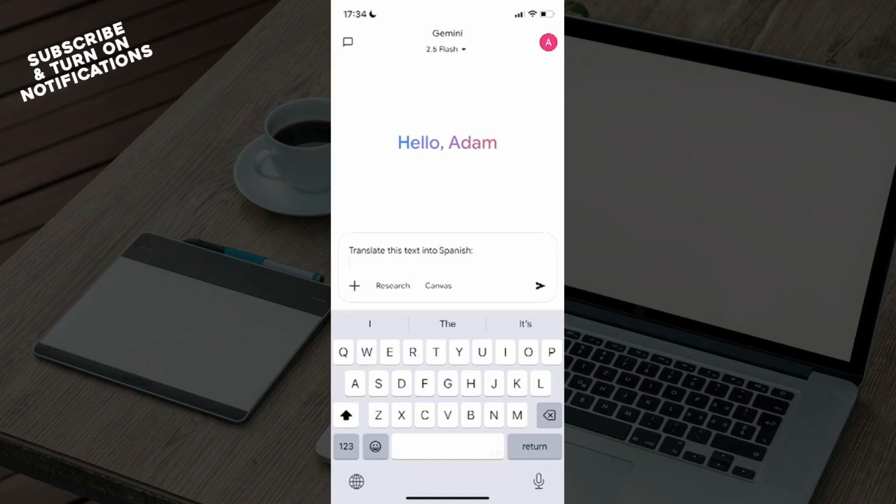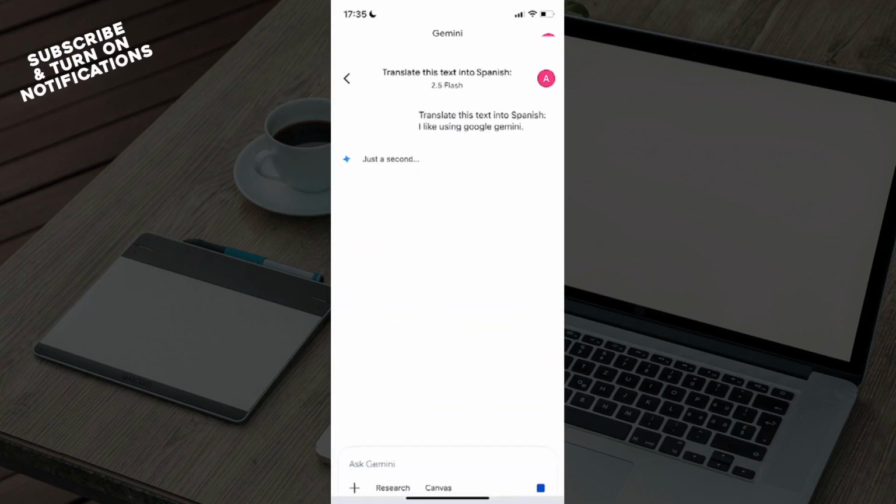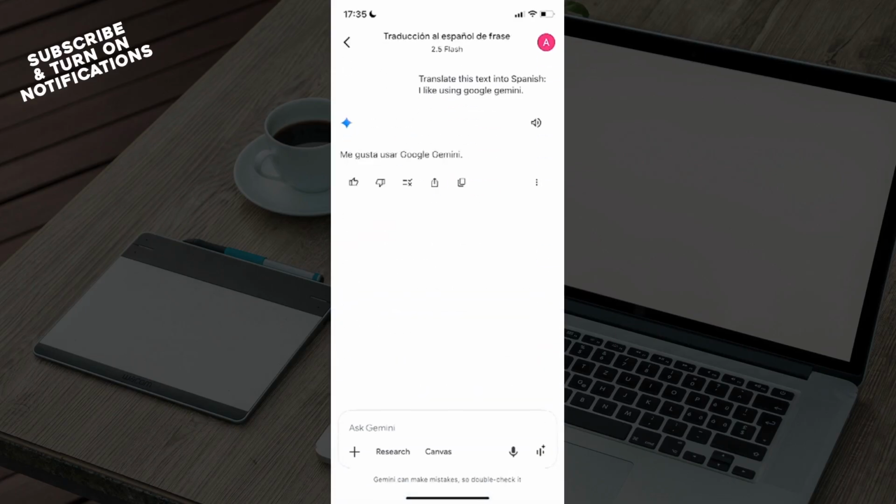So I'll just show you as an example. I like using Google Gemini. So from this point, you can just go ahead and click the arrow and it will start translating it for you. So if you click on this, you can see here it says, it gives you